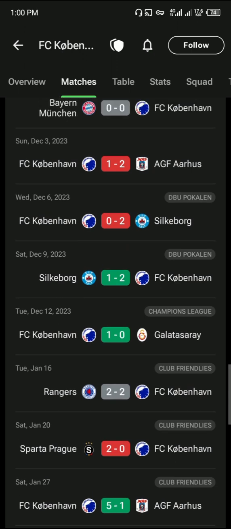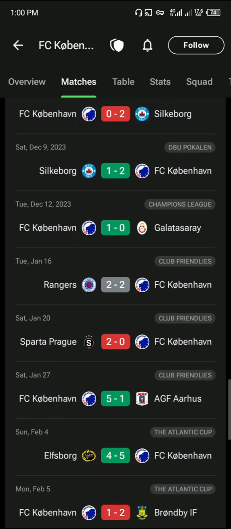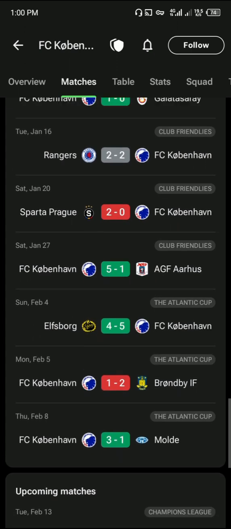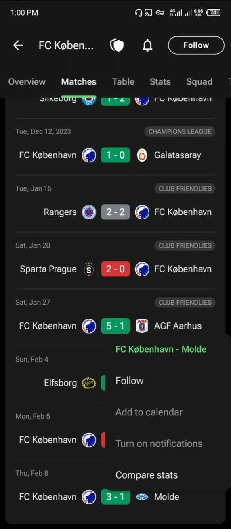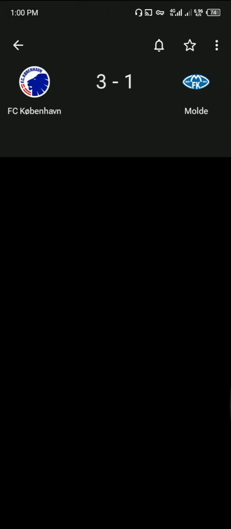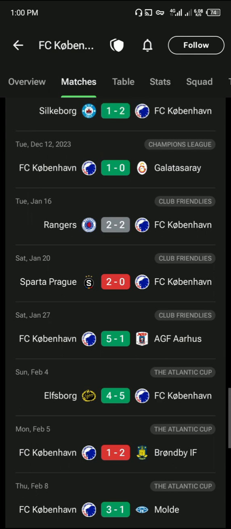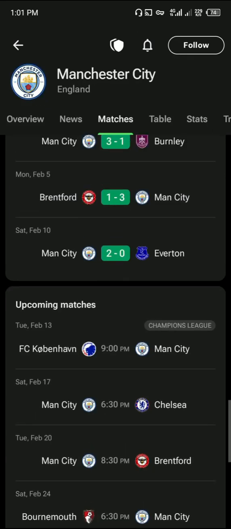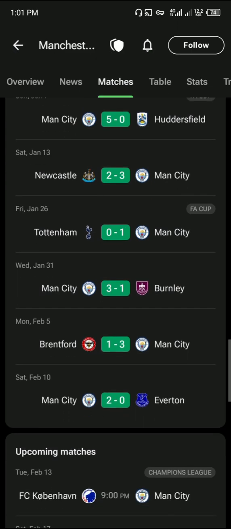I'll be giving you a 7 key statistics guide on how to go about choosing an over 1.5 goal or under. Stats are very important because they help you make an informed decision about your bet rather than just choosing odds randomly. So the first statistic, number one, is team goal scoring and conceding records.